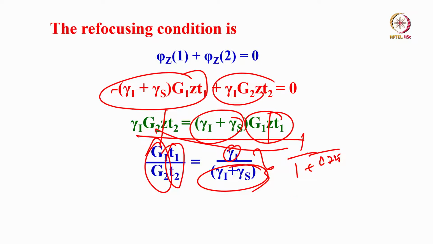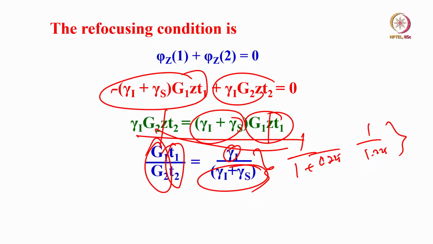Now you take 1 over 1.225, now it is going to be a different number. So the number you have to choose is entirely different, so that the pathway chosen for the I spin and the pathway chosen for the S spin are different now. As a consequence, you can find out what is the G1 by G2 ratio.